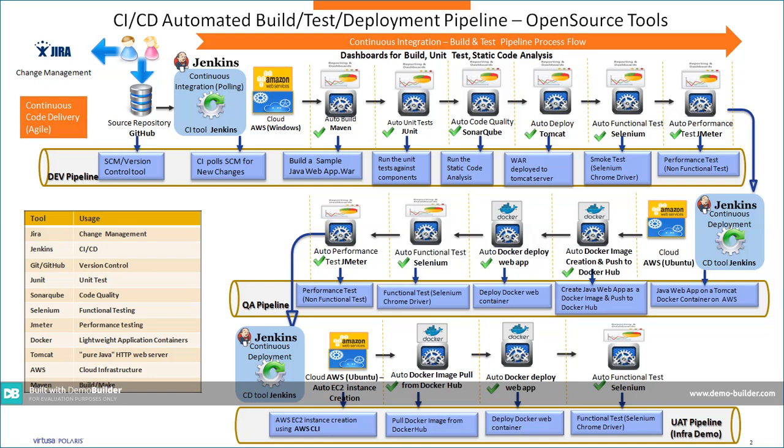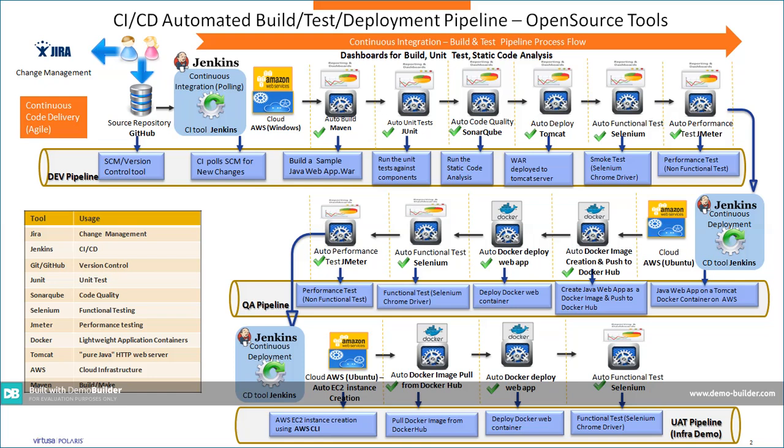Once the application is up and running, the functional test is initiated, followed by the performance testing. So in the UAT pipeline, the Jenkins job triggers the AWS Ubuntu instance creation. This instance creation requires an AWS image. I have already created an image out of an Ubuntu server which had Docker configured in it. So when I create an Ubuntu instance out of this image, I will get a new Ubuntu server with Docker